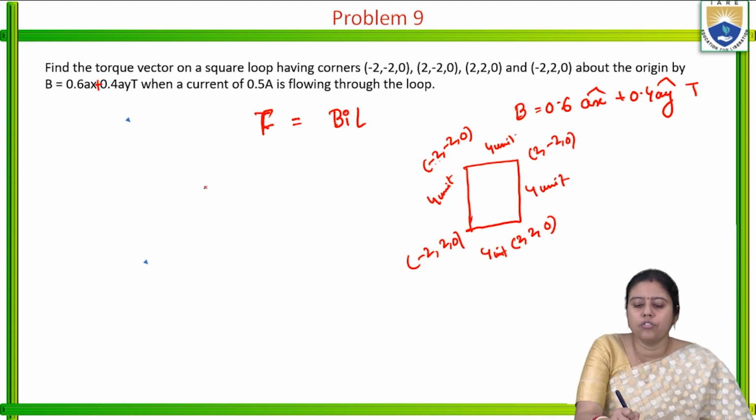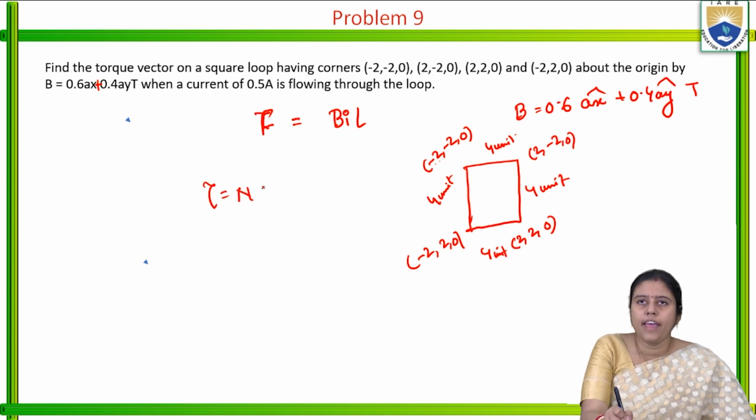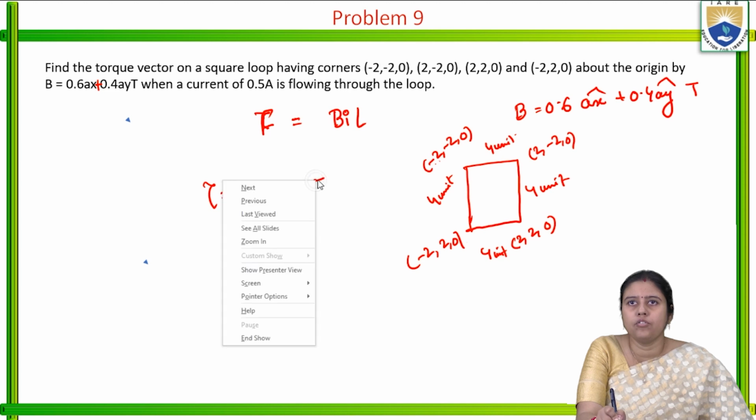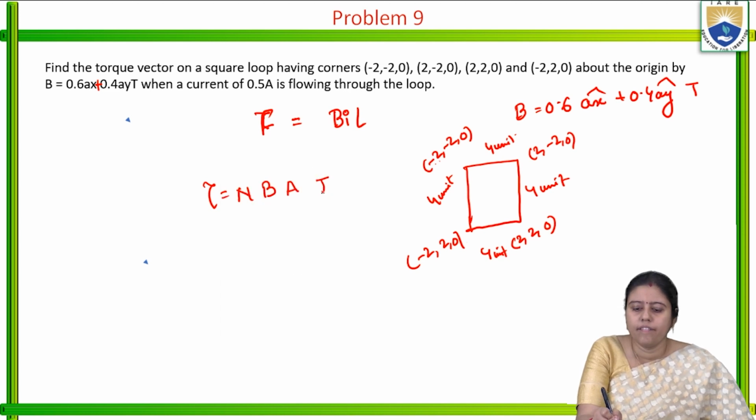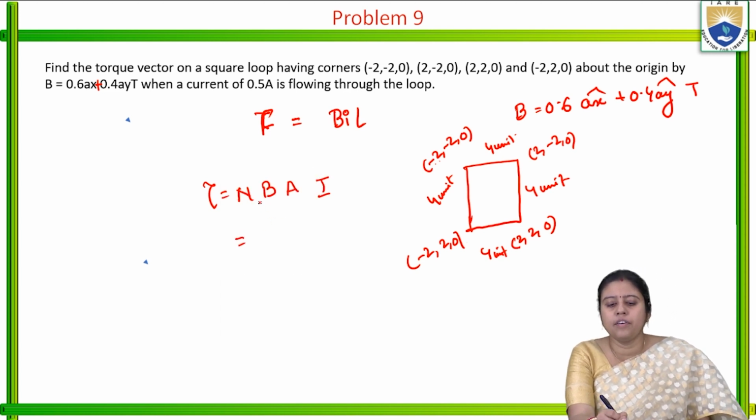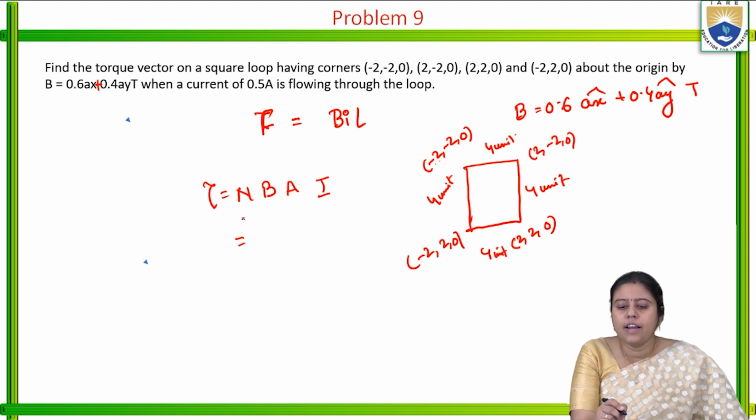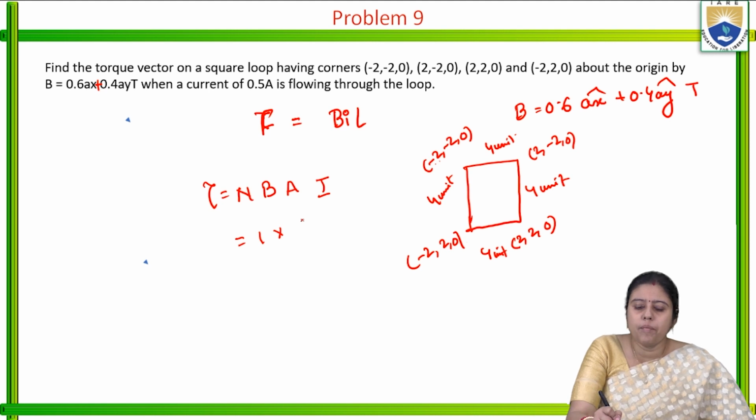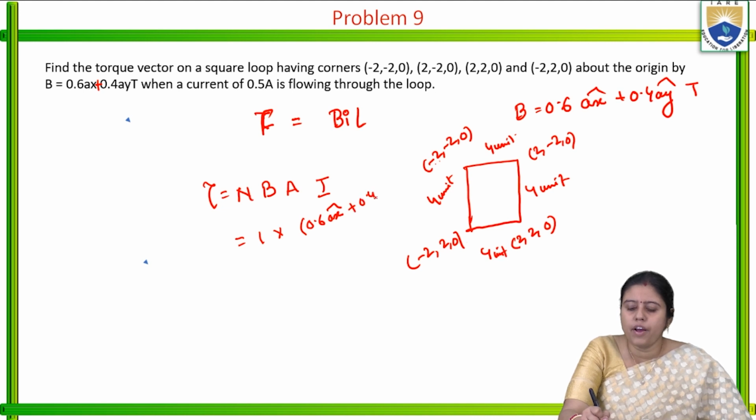So we can also know torque is equal to N B A into I, where N is the number of turns. So what is the number of turns? Number of turns is not given here, means 1. What is the value of B? 0.6 ax plus 0.4 ay